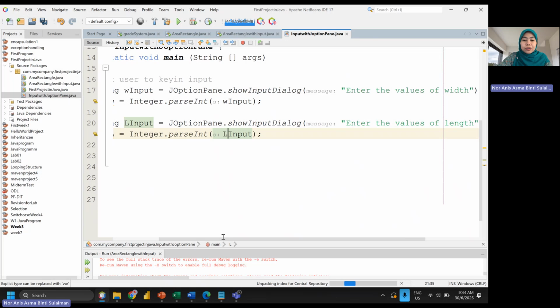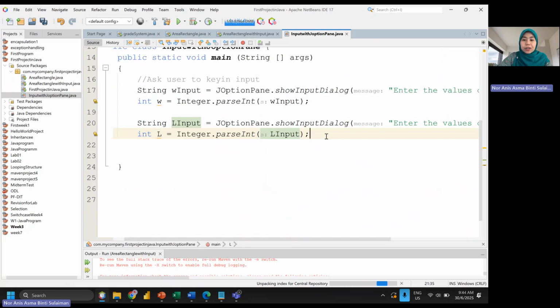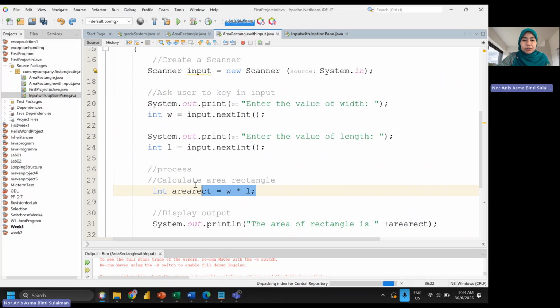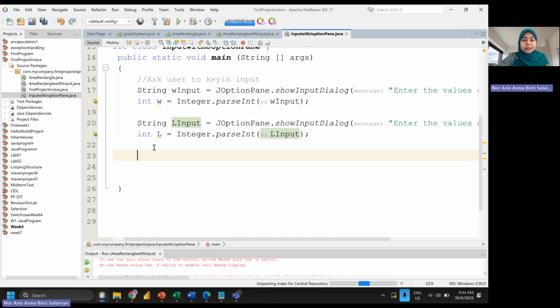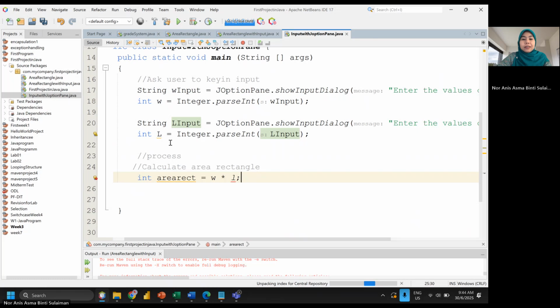Same thing, you need to do a calculation. The calculation is not much different. I just copy from the previous code and paste it here. Since I'm using a small letter to represent the second input, I will use a small letter.